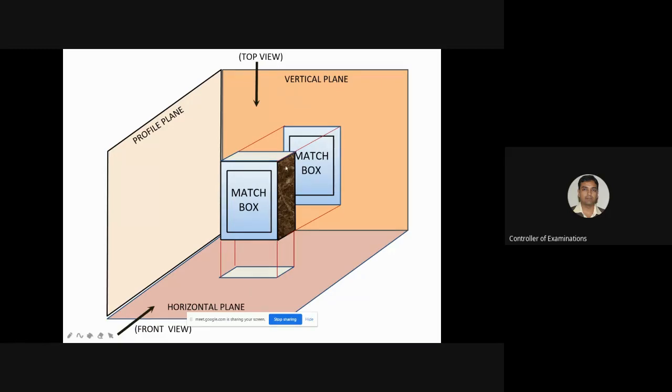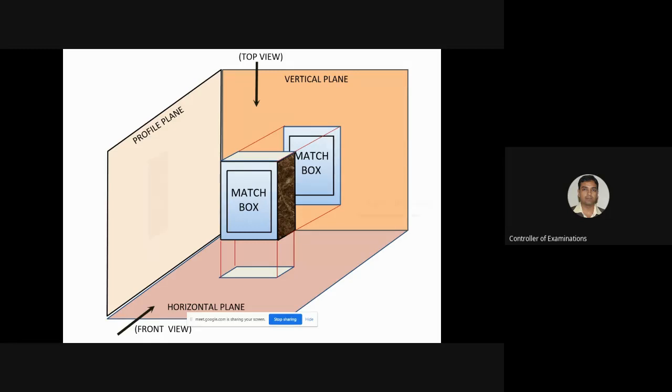And you are going to get this particular image of the top surface of the matchbox on the horizontal plane. Are you going to see anything else? Are you going to see this front view matchbox or this right side dark color? No. In the top view, you are going to see only this top surface. Where? On the horizontal plane. So top view you get on the horizontal plane. This is another orthographic projection.